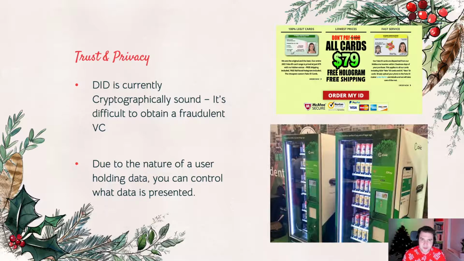Compare that to your traditional identity, things like a driver's license, right? For the most part, you could probably go online and Google where to get a fake driver's license. The screenshot on the right took me about 25 minutes of Googling, if that, to get something for $70, which is really not great, because obviously the easier it is to get something fake, the less that people trust it. So being cryptographically sound, it's really easy to trust verifiable credentials on decentralized identity at the moment.